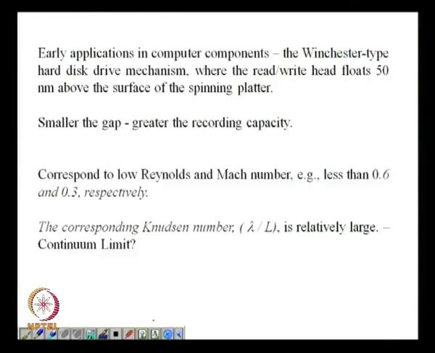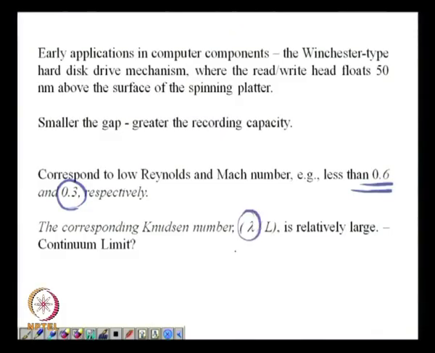and no matter whatever be the speed of the spinning disk, the flow is essentially going to be a very low Reynolds number flow. Its Mach number is also going to be small. So you have a typical situation in which the Mach number could be 0.3, and the Reynolds number, even though the disk is spinning at a very high speed, could be as small as 0.6. Now when you think of such a situation, low Reynolds number, low Mach number flow, even though the velocities involved are very large, since the length scale involved is only 50 to 100 nanometers, these are prime candidates for large